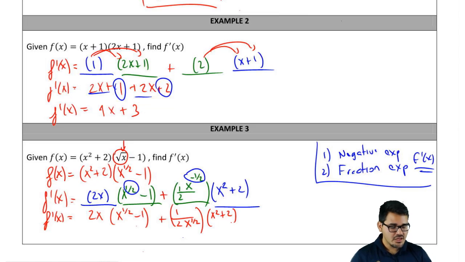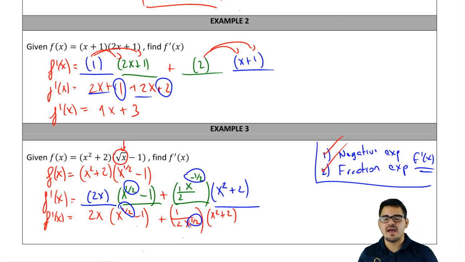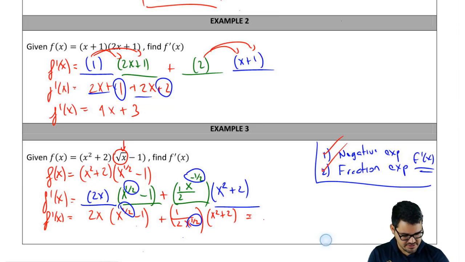Right? So now that I'm done with the first part of getting rid of negative exponents, I'm going to go ahead and do the fraction exponent problem. So I'm going to go ahead and get rid of these right here, this 1/2 and this 1/2. And once again, we deal with the x to the 1/2, which is radical x. It just keeps coming back every time. So we're going to go ahead and have an equal sign. And we're going to say that it's going to be 2x times radical x minus 1, no longer an exponent,